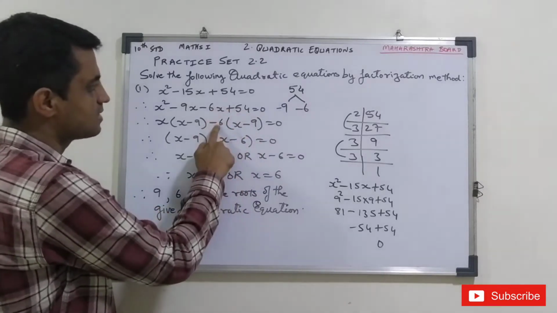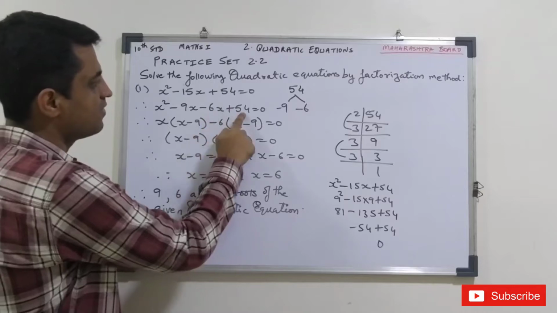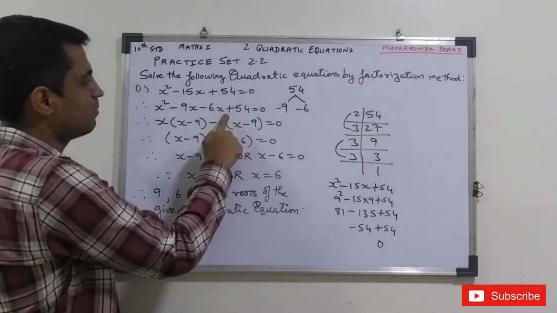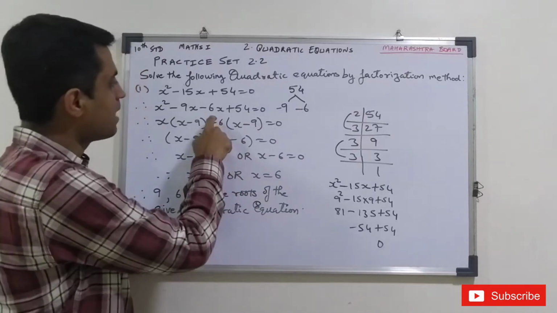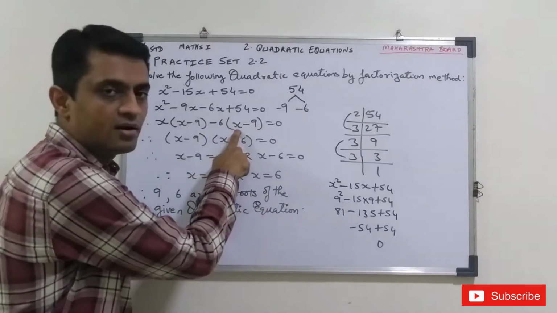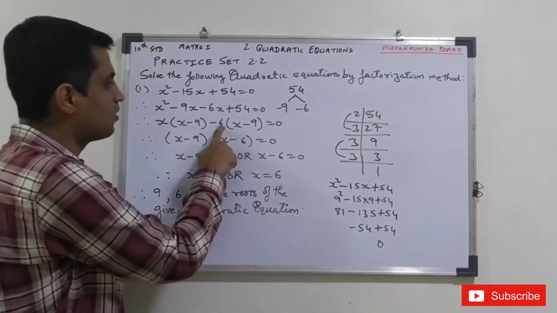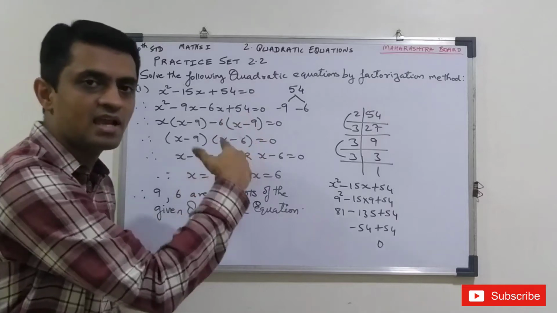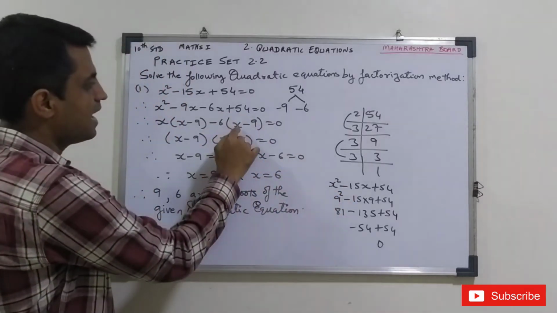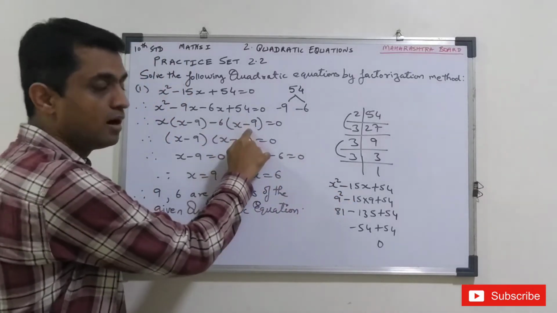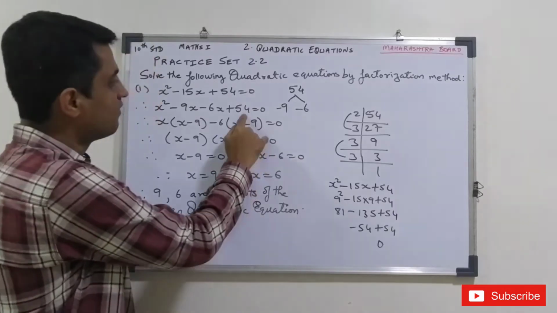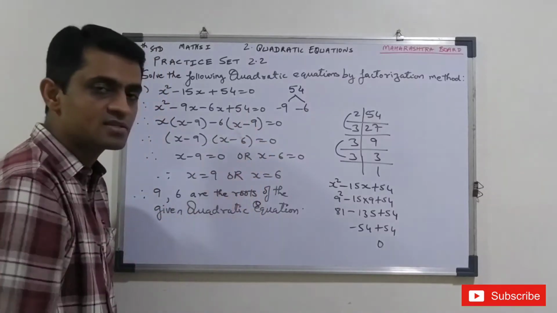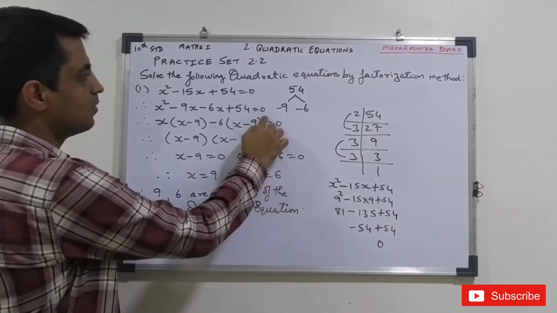Here minus 6 is there, because minus 6 and 54 both go in the 6 table. So from here minus 6 will be common, and minus 6 is gone. So what will remain? x plus x. The sign will change because we are taking out minus common. When you take out minus common, the internal sign changes. So x will be there, plus will become minus. 54 divided by 6 is what? 9. So x minus 9 is equal to 0.